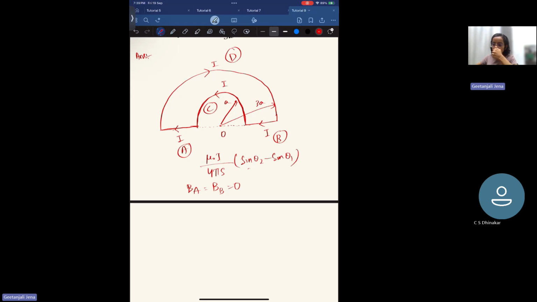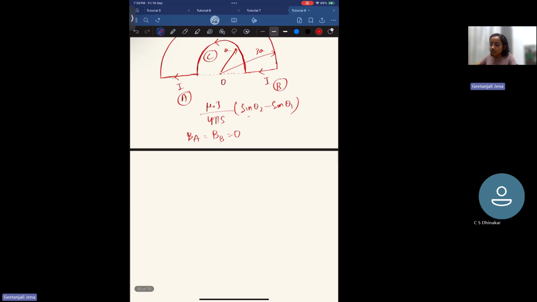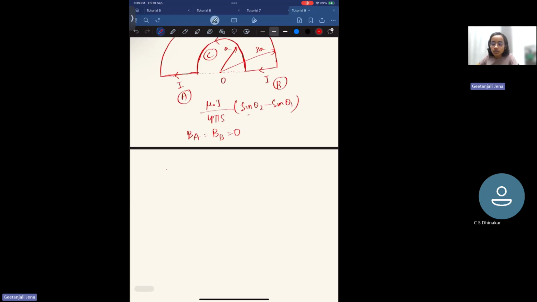Now for C and D, each is a half circle. But we know the field due to a full circle. So that means B due to a semicircle